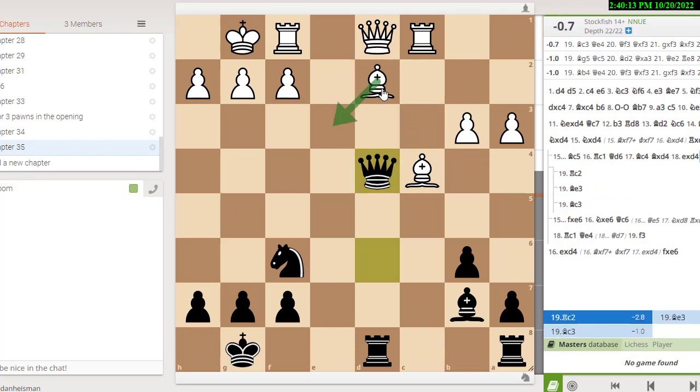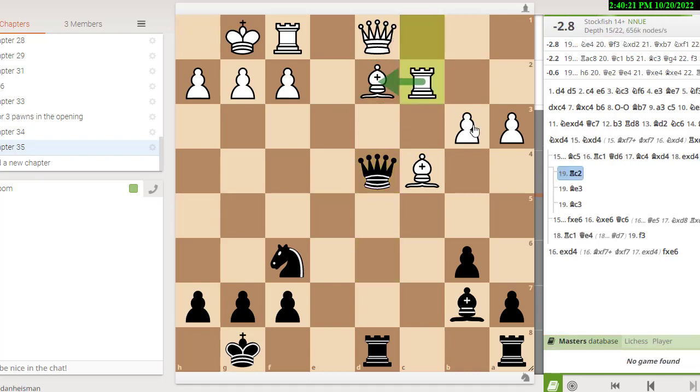You can't just tie your hands behind your back and say, well, I don't like to trade queens in chess, so I'm going to keep my queens on the board. I'm going to play rook c2. If you're down a knight or something, well, okay, that might make some sense. But to just play it this way and play rook c2, now he's in a nasty pin because the queen is only guarded once and it's going to be attacked twice on the d file. And all black had to do was play knight to e4, and it's the ball game.